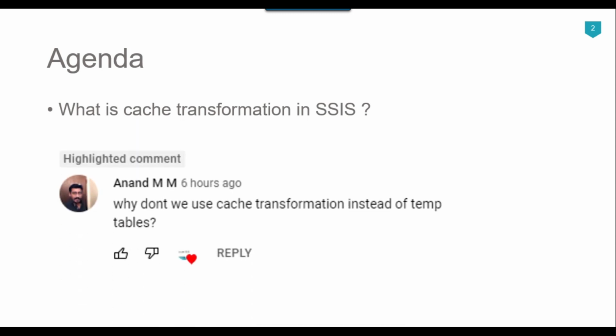So recently I got a question from one of my subscribers, Anand, and he commented on one of the videos and asked why don't we use cache transformation instead of temp tables. So I thought to make a video on the cache transformation because I never created any video on it, and when I looked at it, it seems very promising to me, especially in the case of the lookup